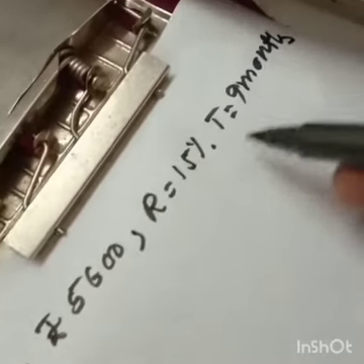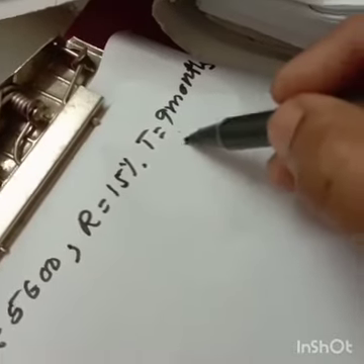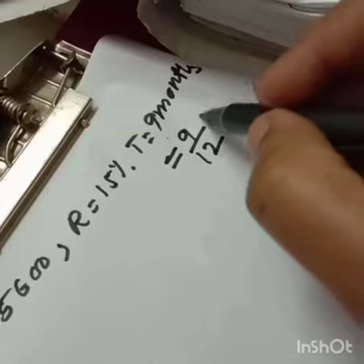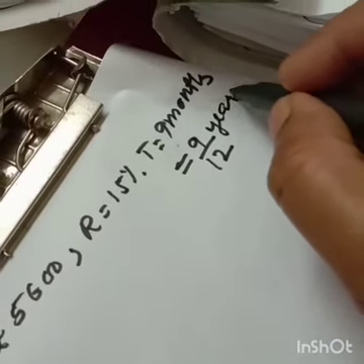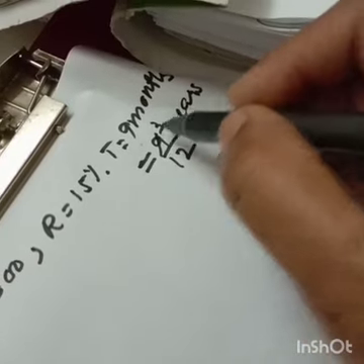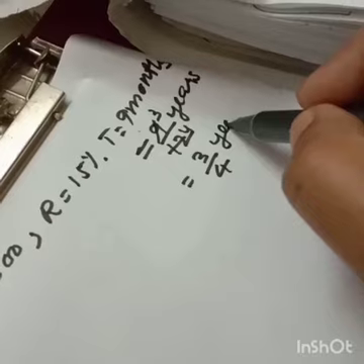I already told you rate per annum, so time should be in years. You have to convert month to year by dividing by 12, because 1 year is 12 months. Cut it in the 3 table, you will get 3 by 4.